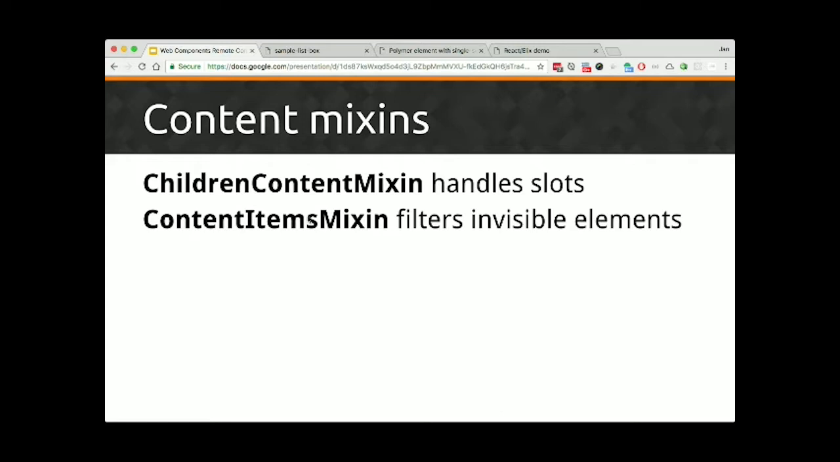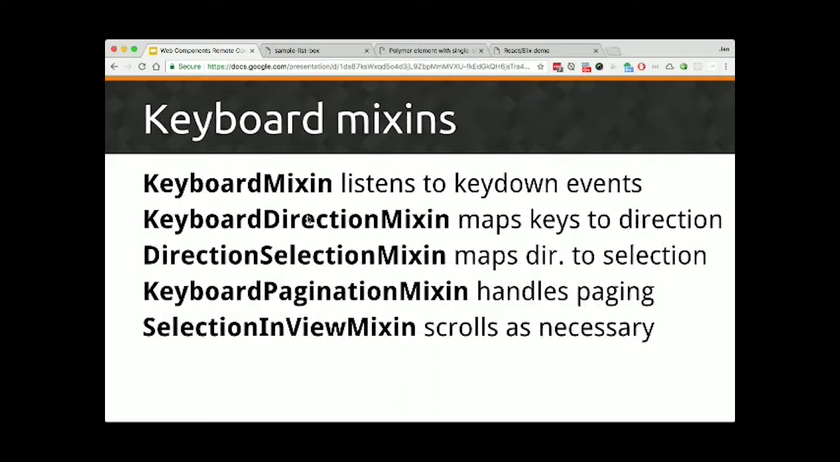And then a set of mixins to handle the keyboard. This is pretty fine-grained. There's a lot of mixins here for the keyboard. And the reason for that is that we want to create this code so that it can be reused in a lot of different contexts. So keyboard keys, directional keys, say, like the up and down arrows, left and right arrows, we may want to use those in components other than lists. We may want to use them to do things other than